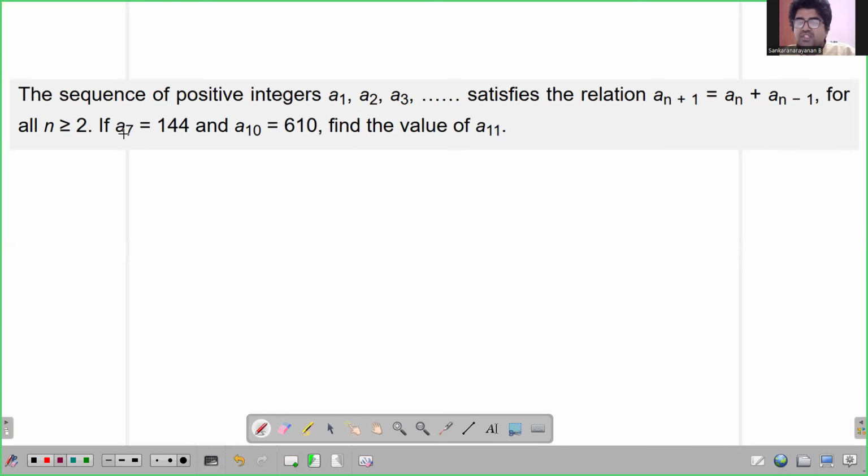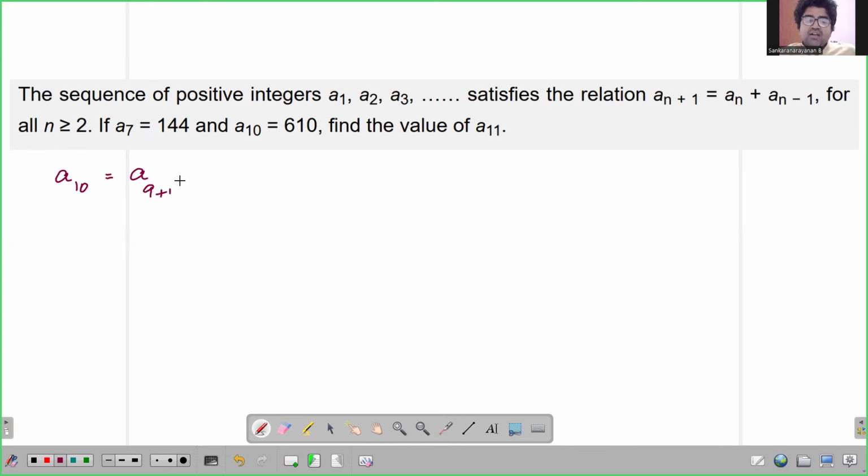The sequence of positive integers a1, a2, a3, etc. satisfies the relationship an plus 1 equal to an plus an minus 1 for all n greater than or equal to 2. They told you that a7 is 144, and a10 is 610. So a10 is nothing but